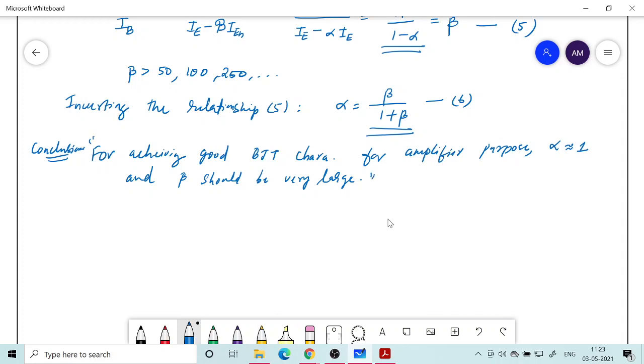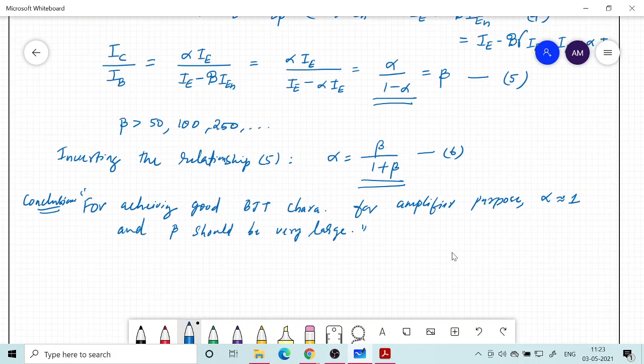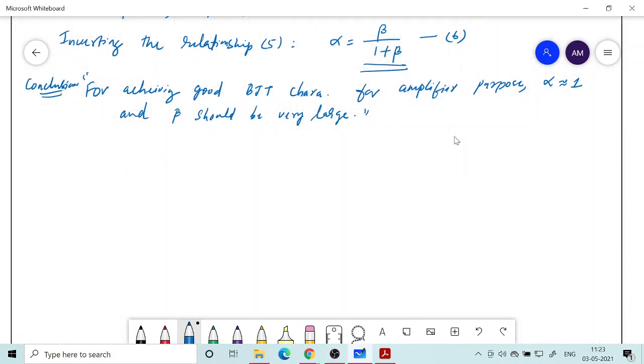Now what is the consequence of this? The consequence is that there are three currents. There are three terminals, and therefore this transistor has three currents: IE, which is the biggest current, equal to IB plus IC. Okay, so these are the three currents. This is basically the KCL equation of the BJT. Whether it is PNP or NPN, the direction of current may be reversed, but this equation will be the same.